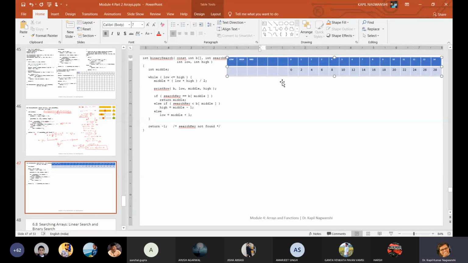What is the first comparison? The first comparison is low is less than or equal to high.